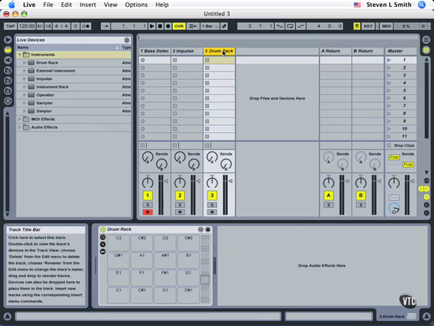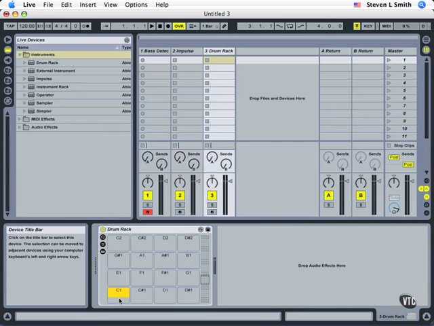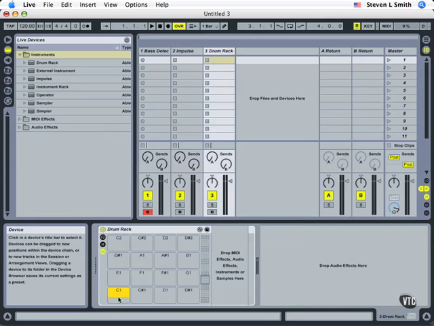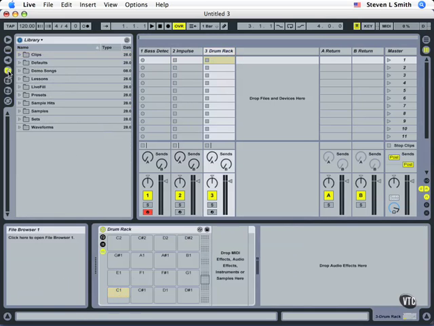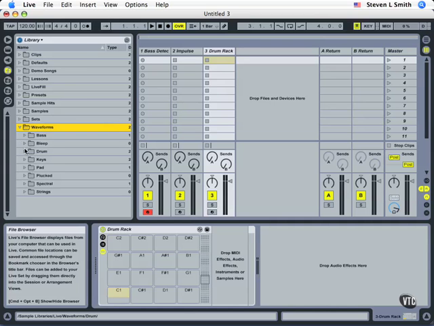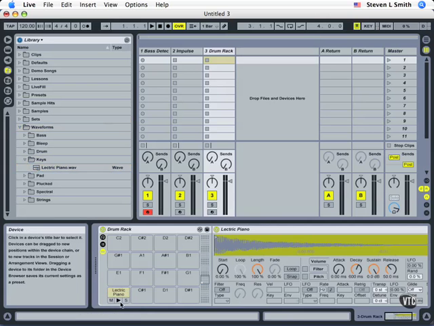Let's move on over to the drum rack now, and again we have several squares and each one is ready to have its own drum sound. If I double click on that, we can drop anything right in on that. But let's go now to our main browser, come to waveforms, and grab any waveform we might find. It doesn't have to be a drum sound, I can just drag it right there. And now we've got,